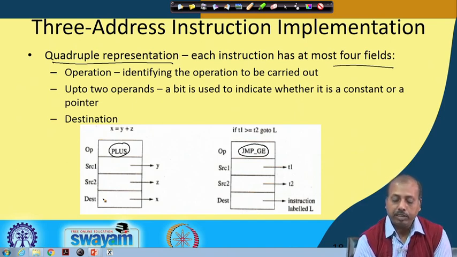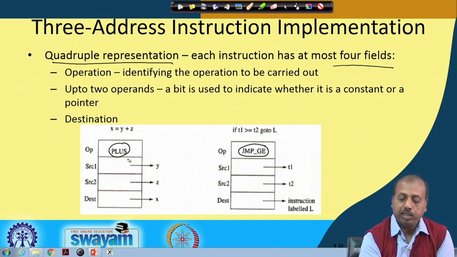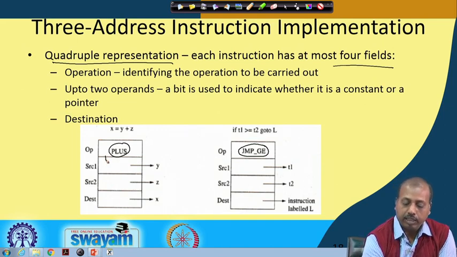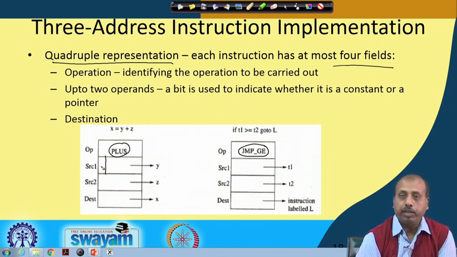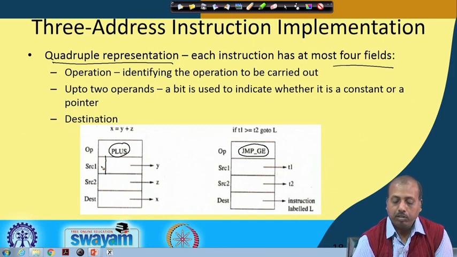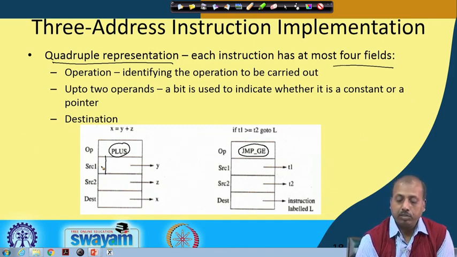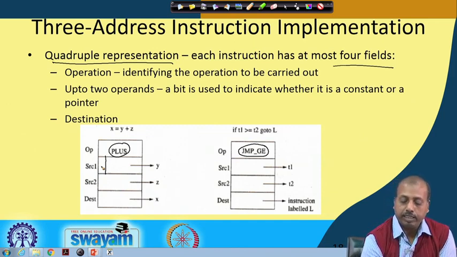Now, it may so happen that we directly mention the operand here, or we say that it is a pointer. So there may be a bit here that will identify whether this is a pointer or a normal variable, like a constant or a pointer, like say x equal to y plus z. This is pointing to y, the symbol table entry for that.